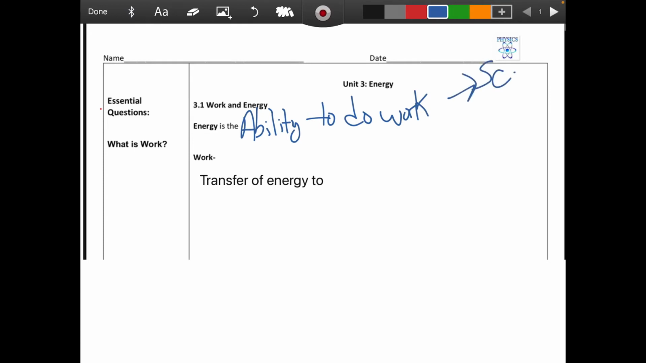But for now, I'm just going to tell you that it is a scalar quantity, meaning there's no direction associated with it. So it's the ability to do work. When work is done on a system, the total energy of that system is changed. The way that we're going to define work is it's the transfer of energy to an object when the object moves or is displaced